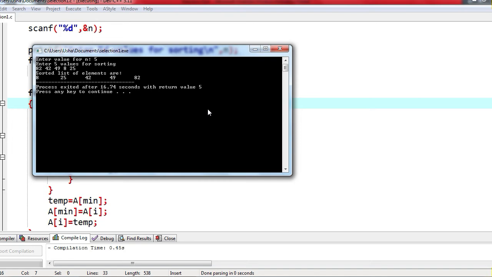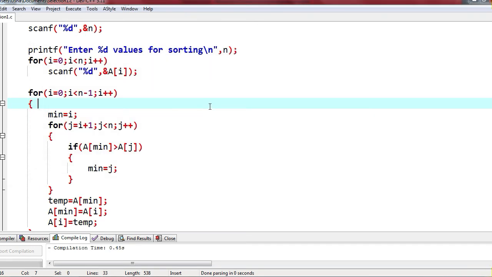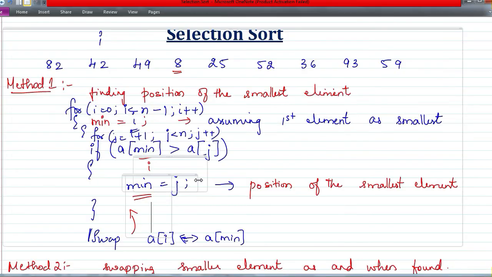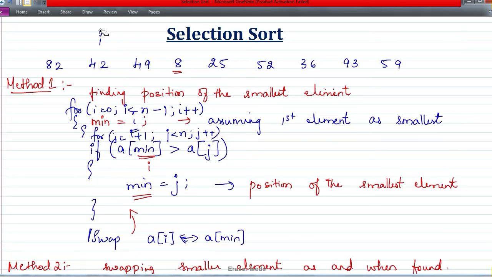So we are just copying the position of the minimum element in the array. If I find any element that is even smaller, its position will be copied. So let's see for this particular set of values how it is executing. I had given only the first 5 values, 1, 2, 3, 4, 5. Only these first 5 values I have given. So let's erase all this.